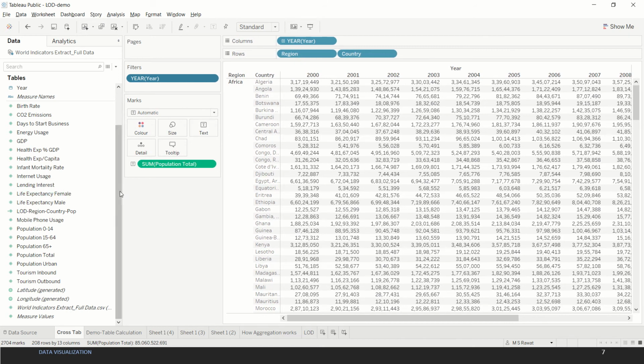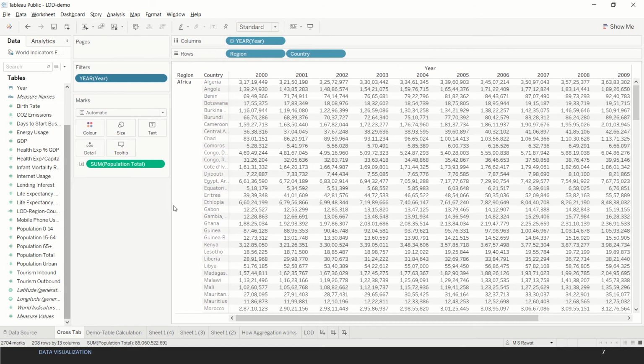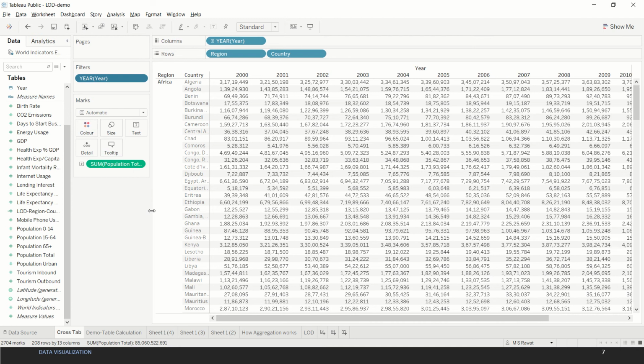Now after we do this, we get this cross tab, and in this cross tab we have a representation of region, country and year-wise data. So this is our basic tabular cross tab. Now if you want to use a table calculation in here, we can do multiple things with that. So let's do that.